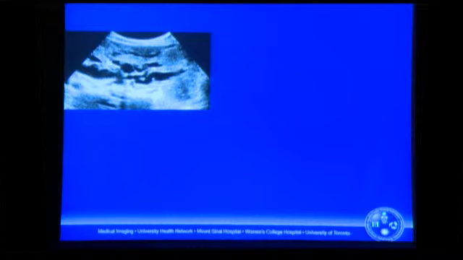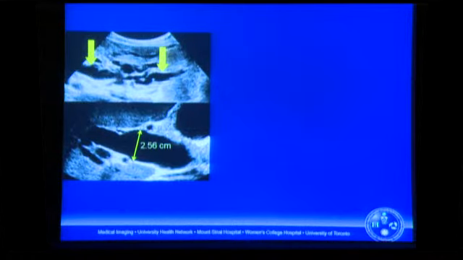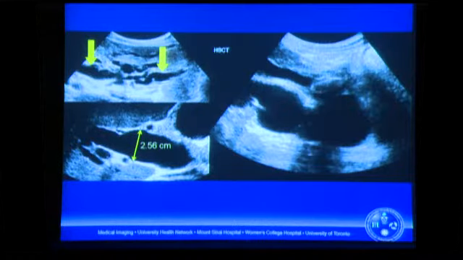So here's a case. We can very quickly see there's quite dramatic intrahepatic bile duct dilation, but our job isn't finished. We have to find the level of obstruction. So we need to follow those ducts. Do they open into the CBD? Indeed they do. The CBD here is markedly dilated, and then we follow the CBD down because we still haven't demonstrated the level of obstruction, and here of course is the level,